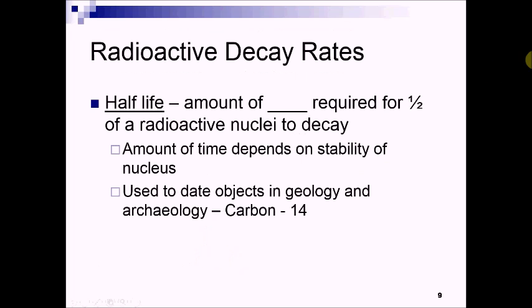Okay, so moving on, another topic within nuclear decay is something called the half-life. It's pretty interesting. Half-life is the amount of time required for half of a radioactive nuclide to decay, which is kind of interesting that they decay in this sort of rate, half per whatever amount of time. If it's a really unstable isotope, of course, the half-life would be quick. And this is one way we can use to date